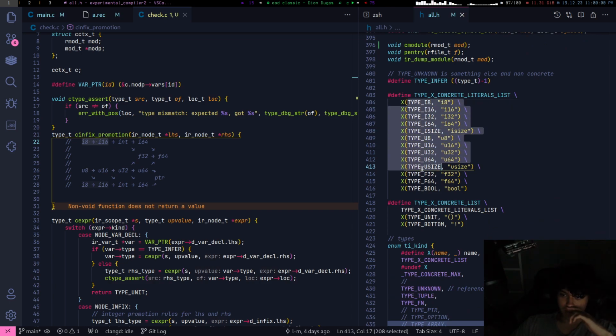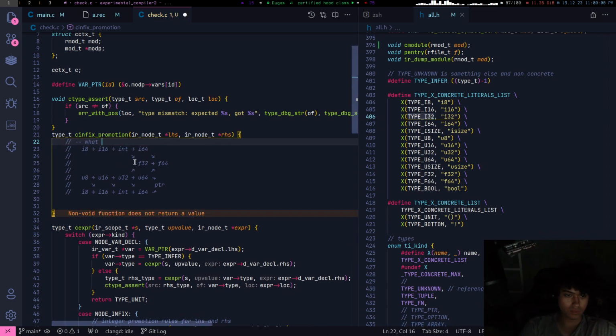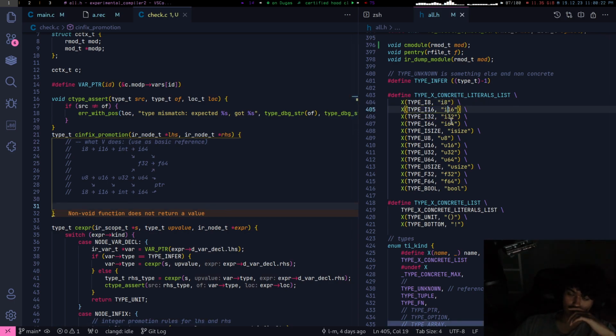So these are all lined out like this: I8, I16, I32. This is what V does. Use as basic. So an I8 can go all the way up to these. These can all promote to I size, but never back down.